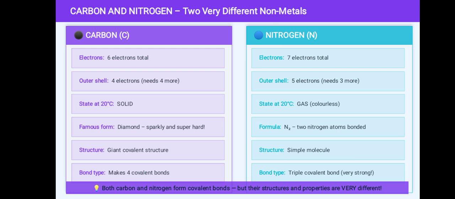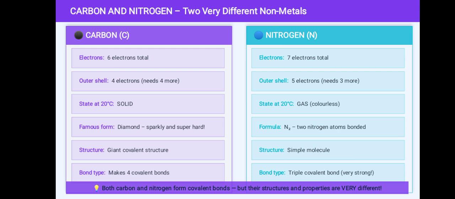Carbon has 6 electrons in total. Its outer shell has 4 electrons and it needs 4 more for a full outer shell. That means carbon will form 4 covalent bonds with other atoms. At room temperature, one form of carbon is diamond, that is